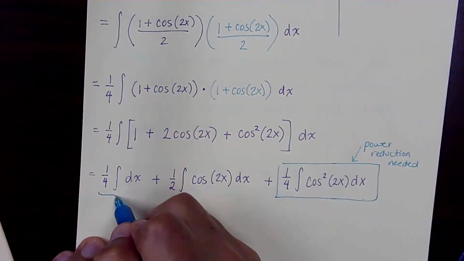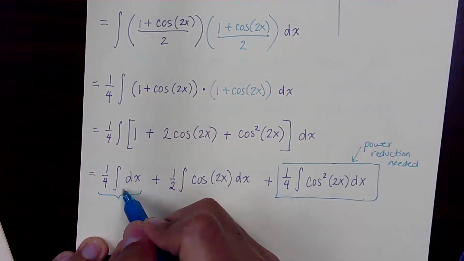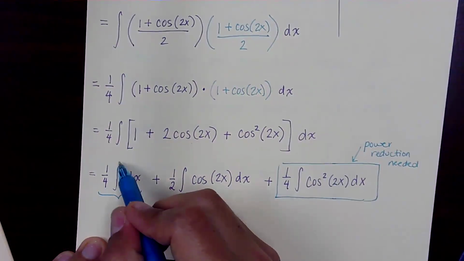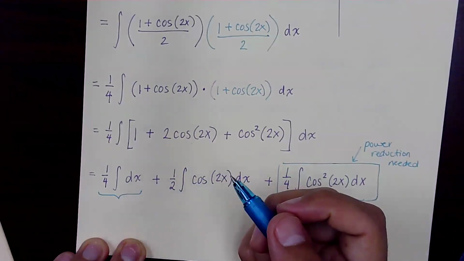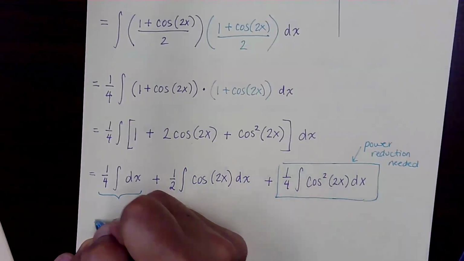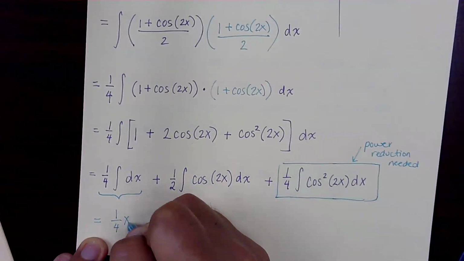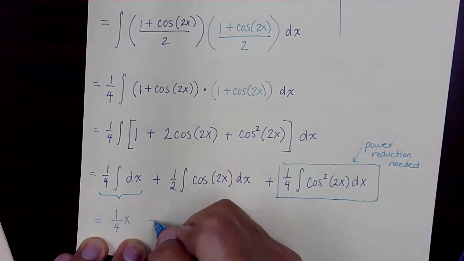But we do know what the integral of dx is, right? That should just be 1/4 x. You guys okay with that? So that's going to be 1/4 x plus,